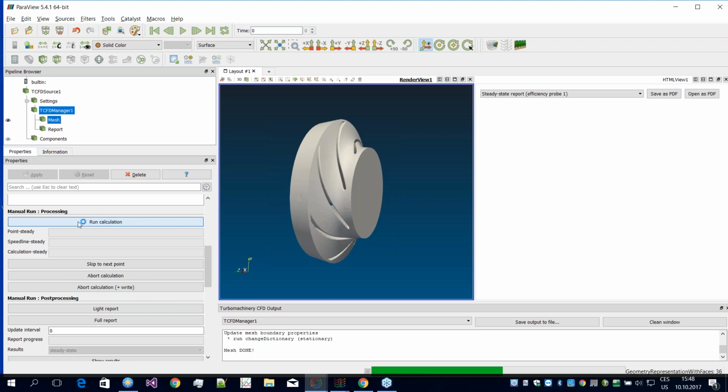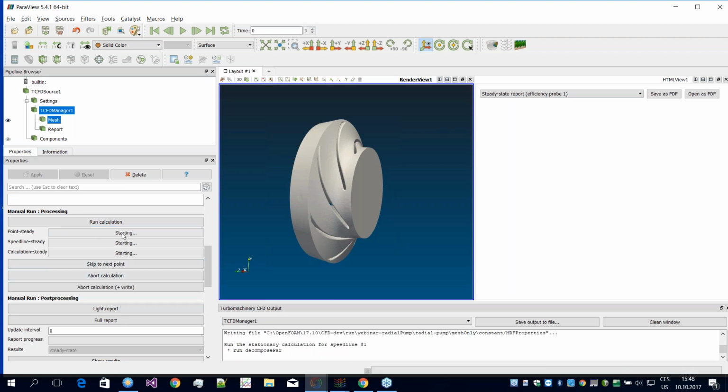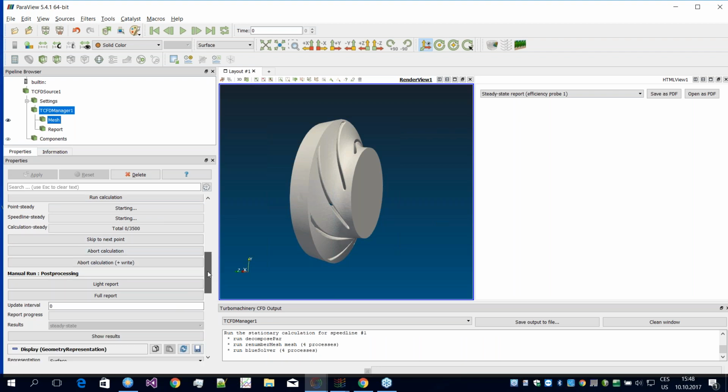And then I can watch really the progress of the simulation. So I am always informed which iteration is computed at the moment, the time, the end time of the simulation, and many other stuff. I can skip to the next point of the simulation. I can abort the calculation anytime I need. And also during the simulation, I can